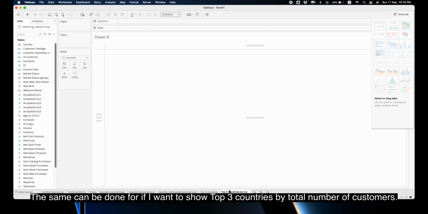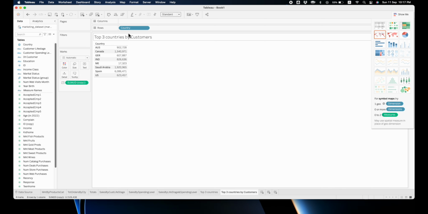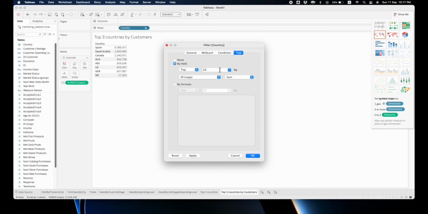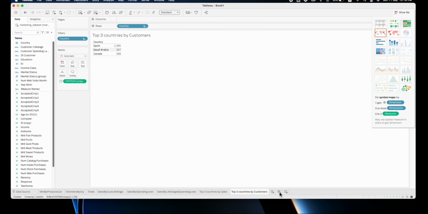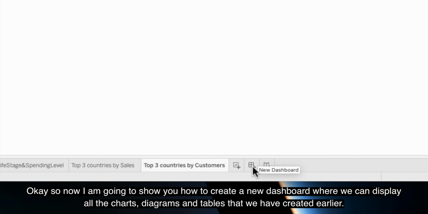Okay, the same can be done if I want to show the top 3 countries by the total number of customers. Just look at what I'm doing now. So as you can see, the ID copy field is selected, and then I do a count by this and I click OK. Okay, so now I'm going to show you how to create a new dashboard where we